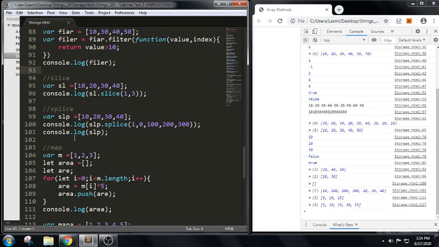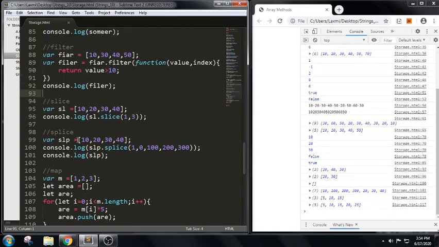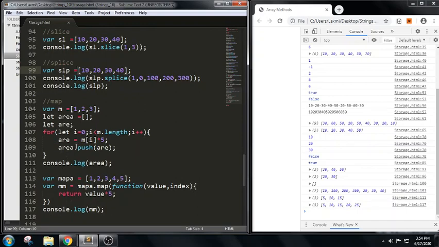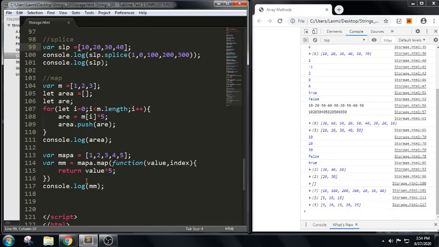Next one we have discussed is map. Here in the map we are trying to perform some operation. Without map, I have given you some examples. Using the map we can do the same thing. Here if you can see, we have taken an array, and we are trying to iterate over it using a for loop. If we want to do the same thing using map, we can perform it this way. We can take a callback function with a value and index, where it will iterate over each and every array element.